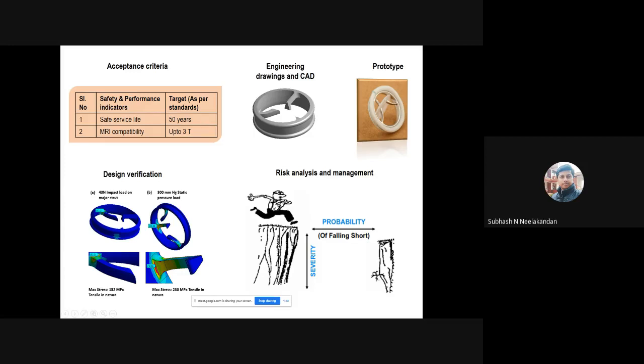Detectability means either this person can run in the morning or he can run at night. During night, probably there may not be sufficient lighting, and the person will not be knowing that there is a cliff. So there are three parameters: severity, probability or occurrence, and the third one, detectability. S for severity, O for occurrence or probability, and D for detectability.